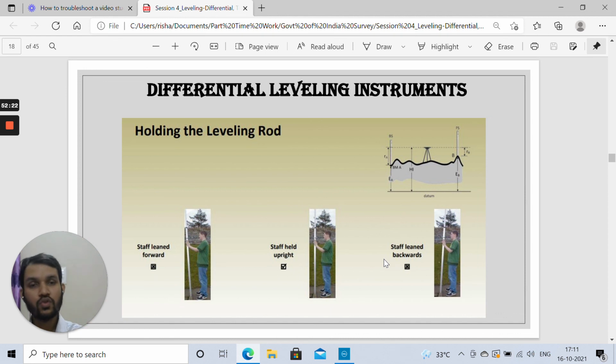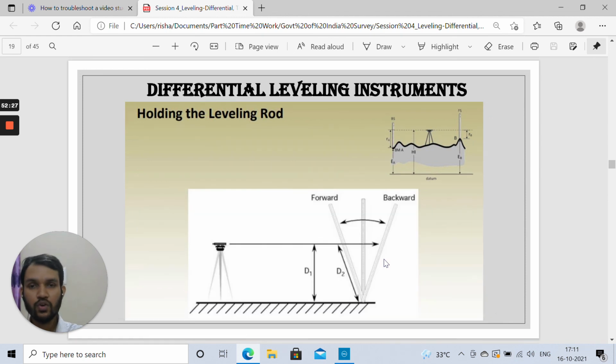So you always need to hold the leveling staff perfectly vertical and you need to look forward to it. This here I have shown. See, even if you are holding it forward, you can see this horizontal line of sight that we are making with the instrument that we have mounted here. If we try to look at this reading, then the reading we will be getting on this forward leaning staff will be this D2 with reference to this ground level, and you can obviously see this D2 is greater than D1.